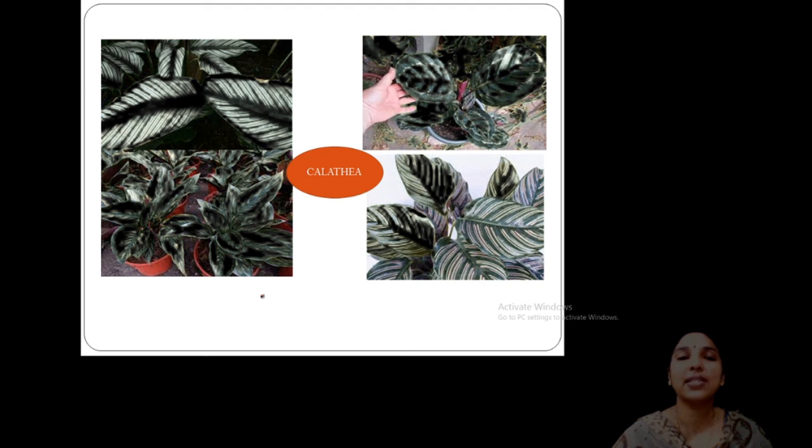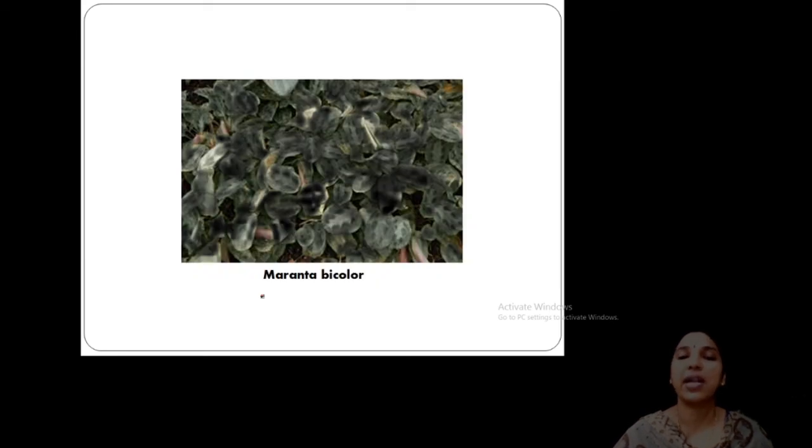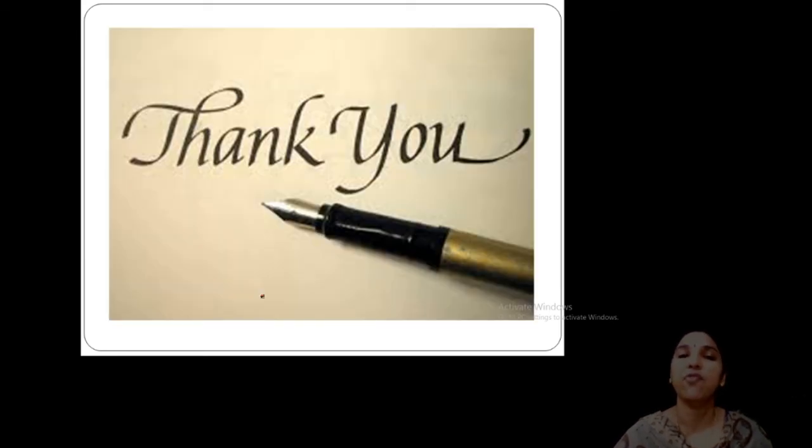See, this is a Calathea. This is there in our garden also, in our campus. You can see in the corridor these plants are available. That is a Calathea, very common one, Marantaceae, and this is the Maranta bicolor, also available in different forms. So Marantaceae is a very important family coming under Zingiberales. Some particular important features: you can see the stamens, the androecium is important, that is the half anther.